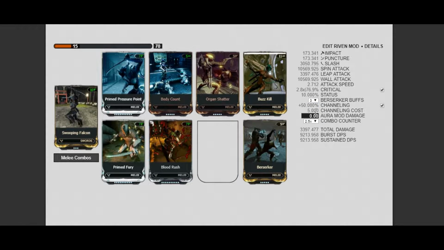With all 3 Berserker buffs, attack speed goes up to an amazing 2.712. Even with only 2 buffs, the attack speed would be a little lower at 2.48. With an attack speed like that, surely it would be really easy to hit a combo counter of 2.5x, meaning you'll be dealing a total damage